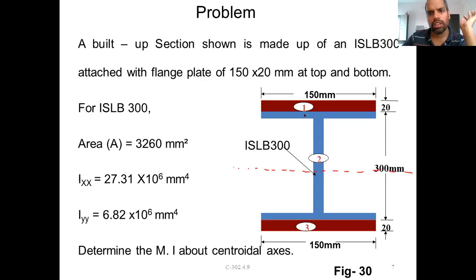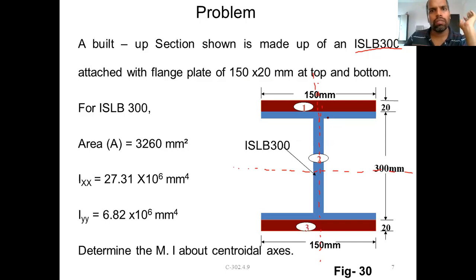As a single I section, they are always symmetrical about both the x-x axis as well as the y-y axis. I am not talking about the additional built-up section; I'm talking about the single I section, this blue colored section. All rolled steel I sections are symmetrical about both axes. Please remember. Why am I stressing this symmetry about both axes?